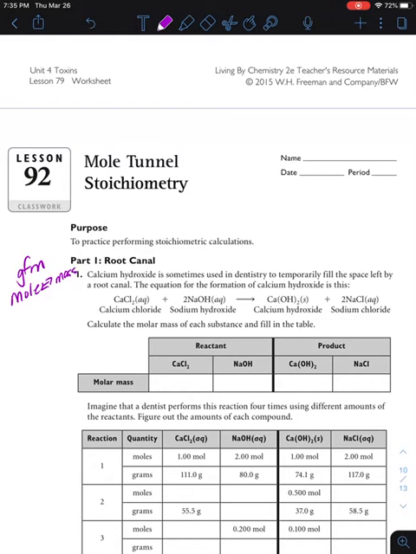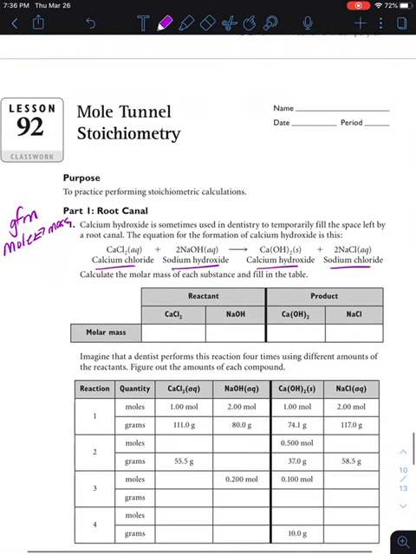So we need to look at what reactants we need, how much reactants, to ultimately calculate what number of products we're going to produce. So this is where moles kind of is important to know. Now you might be starting off and looking at this word molar mass. Don't be confused by it. Anytime you see the word mass, you can assume it's grams. So for each of these, we're going to look at what the gram formula mass is of both the reactants